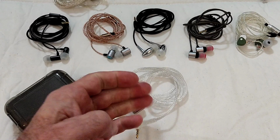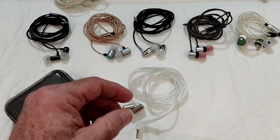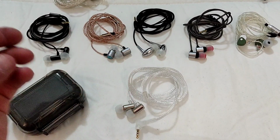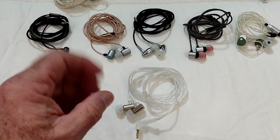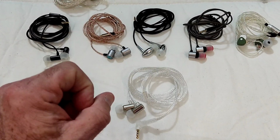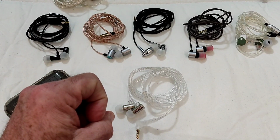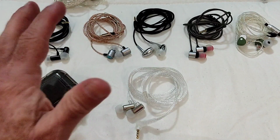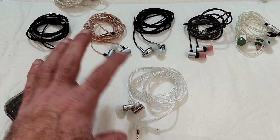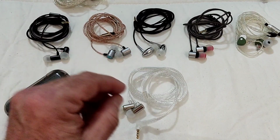It's an IEM that I've had for a couple of weeks, but I took my time listening to it because when I received it, I took it out, put it in my ears, and I was like, what is this? I was so, let's say, surprised with what I was hearing that I said to myself, no, you probably just got some brain burn because you were listening to some other sets, and this isn't exactly what you're listening to. So I took it off, let it burn for a while,